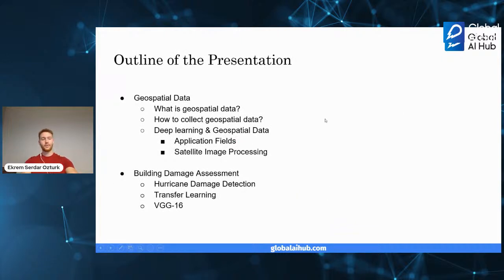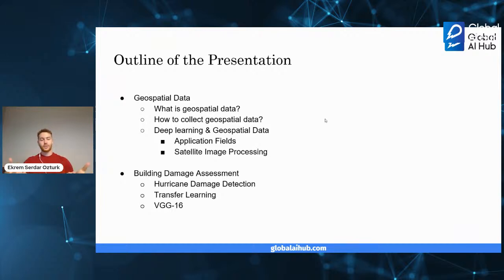We will start with what geospatial data is, how we can collect and obtain geospatial data, and then we will combine deep learning with geospatial data. We will see what application fields there are.